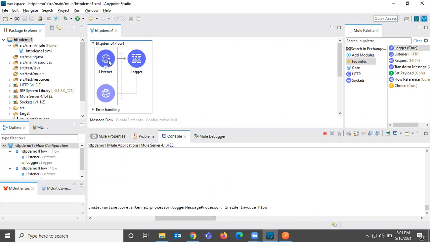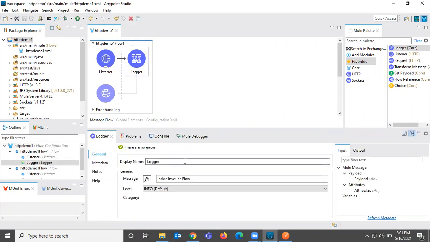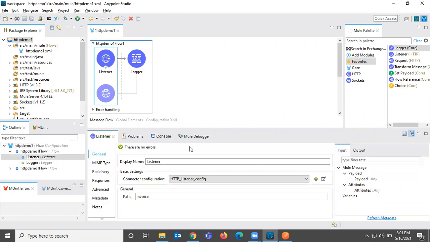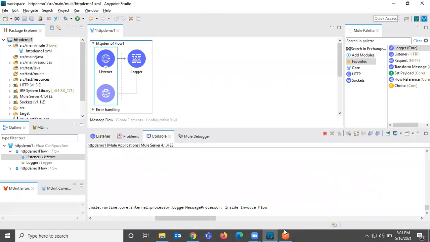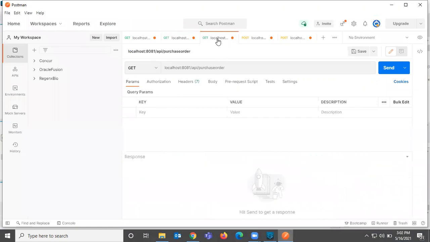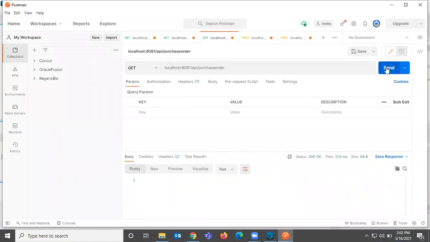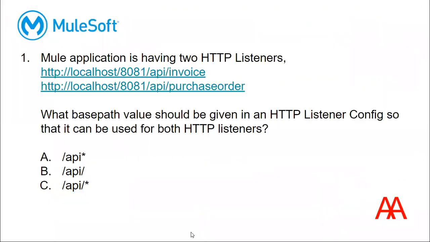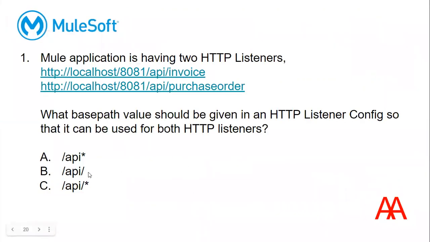Sorry, I made a spelling mistake, but that's okay. If I save this it will deploy again, which will take time. Now let me trigger the other one, and this is inside purchase order flow. I have given the second option, so B is the answer here.